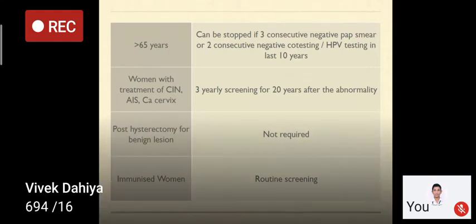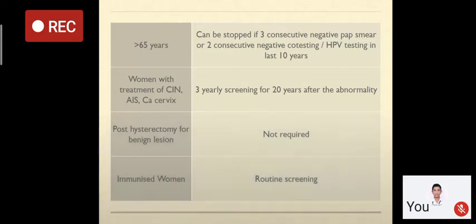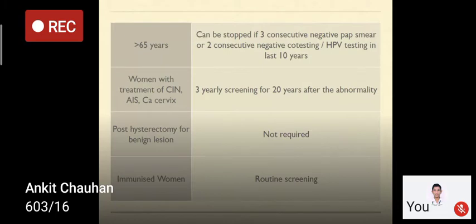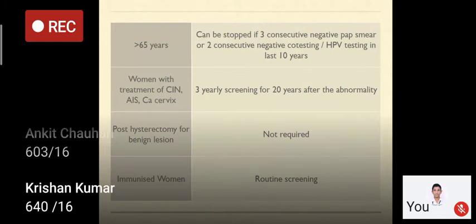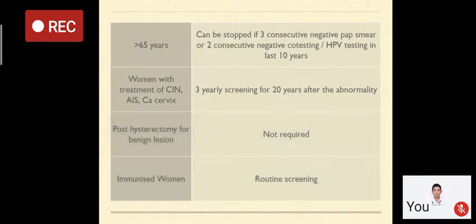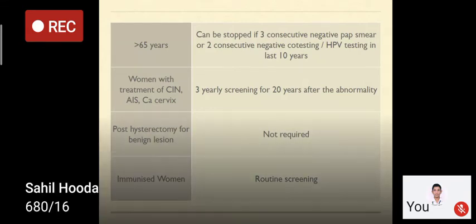That means she is not having any CIN 1, 2, or 3 at that time, at the age of 60, for the last 10 years. The disease progression itself takes 10 to 15 years. So at 65, if you stop, there is less chance she is having cervical cancer later on. And secondly, in the postmenopausal period, this transformation zone recedes up. So there are very less chances of having HPV infection after 65 to 70 years.